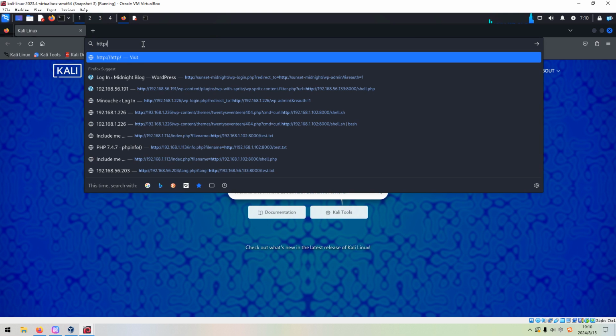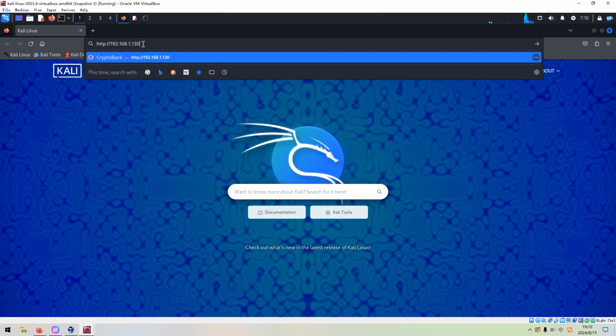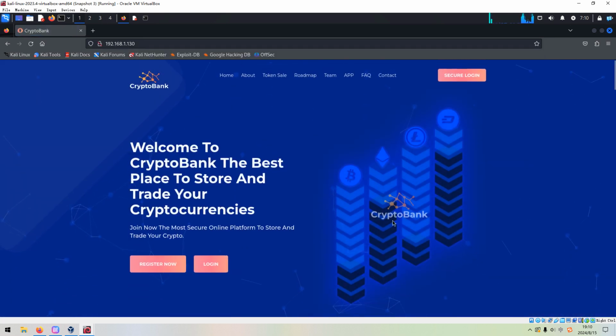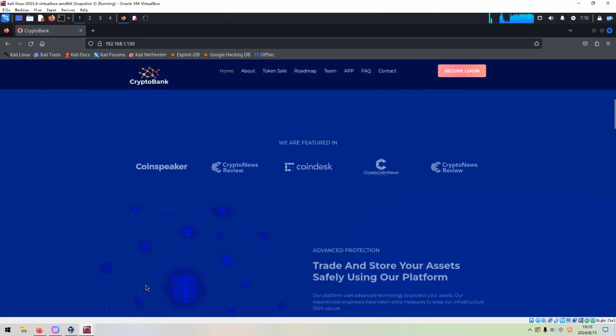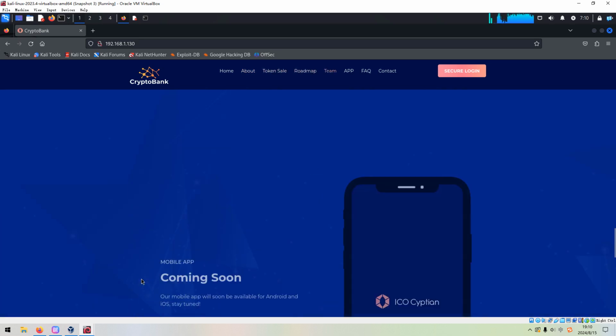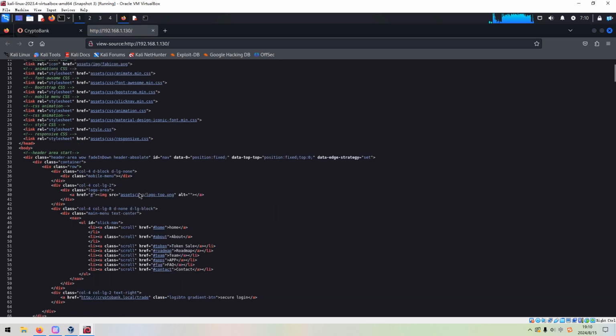And we can put the IP address of the target into the address bar. And you can go through this site, most of the links are not active at all. However, these two links are effective. And before I try to access these two links, I'd like to check its source code, because sometimes source code can reveal very important information. But not in this case.